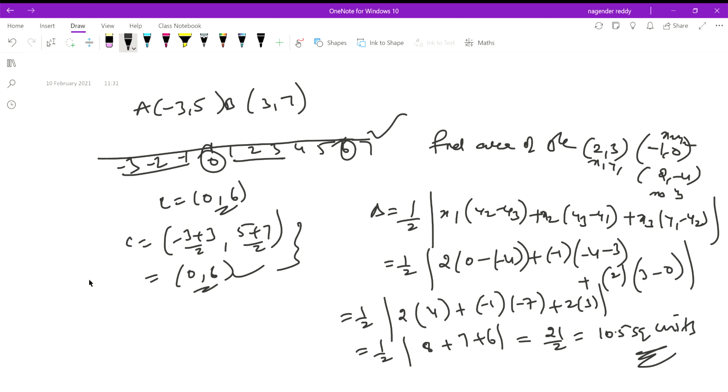In this, if you have any doubt, you can ask me and we'll discuss. Here I will stop this coordinate geometry. The total chapter depends on only three formulas, so be careful with that, and we'll discuss in the next class. Thank you.